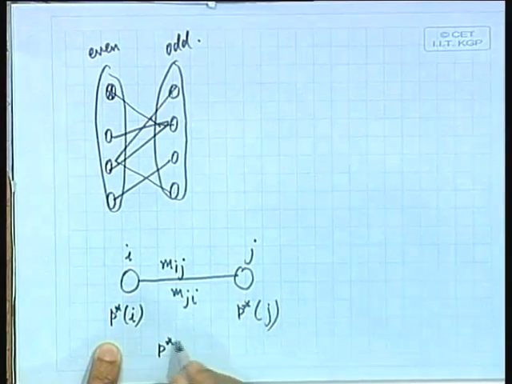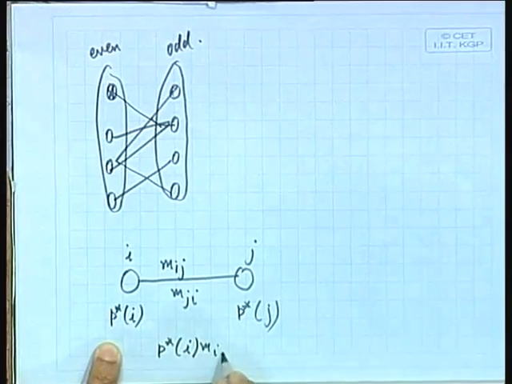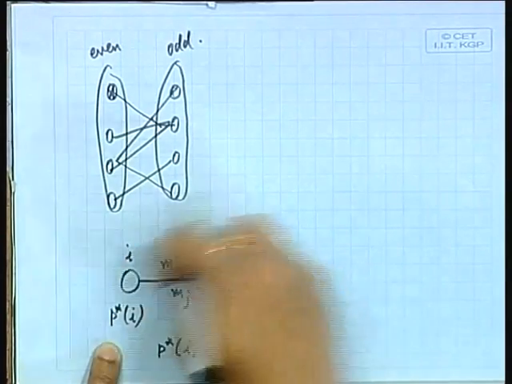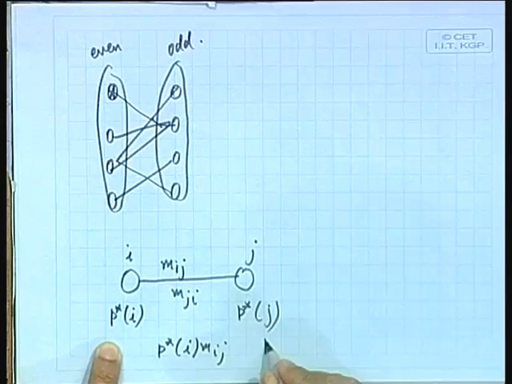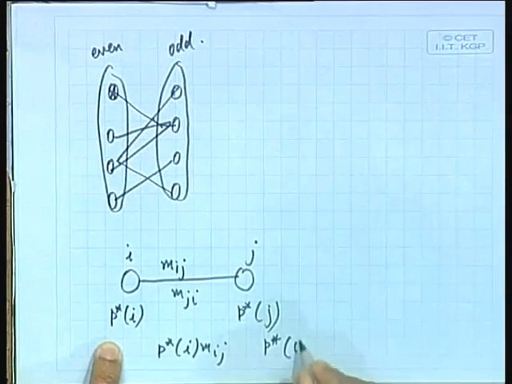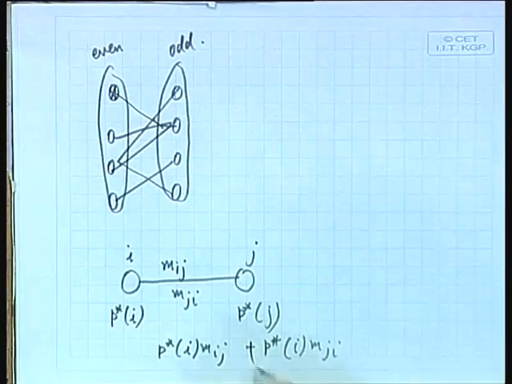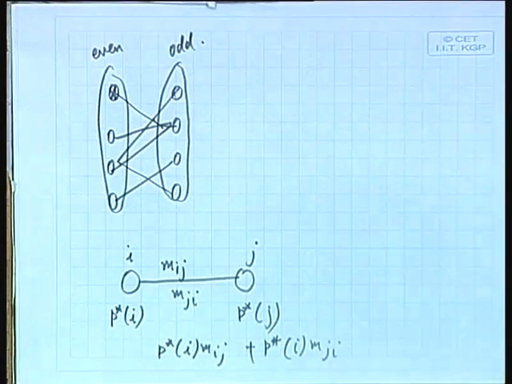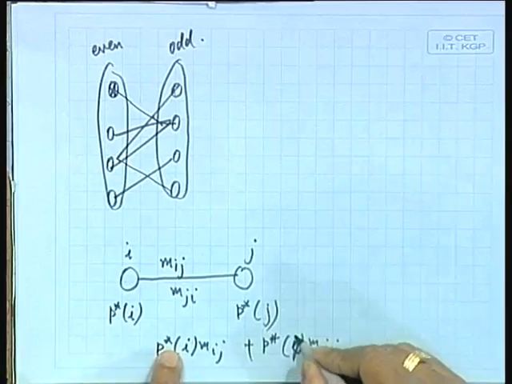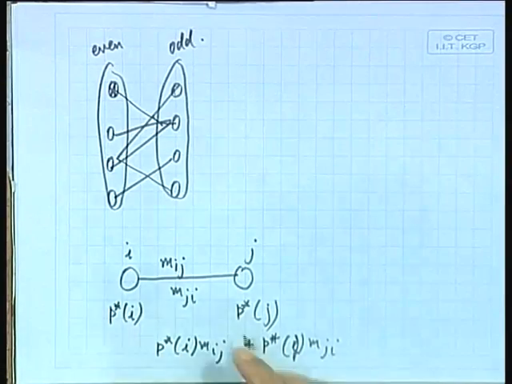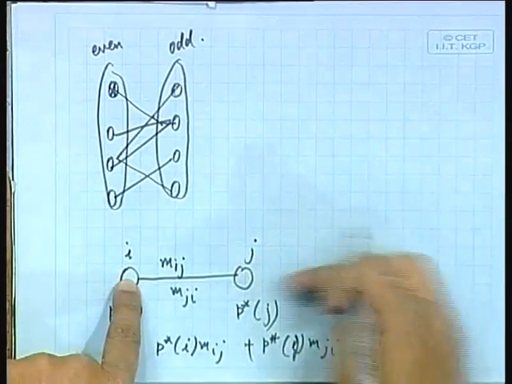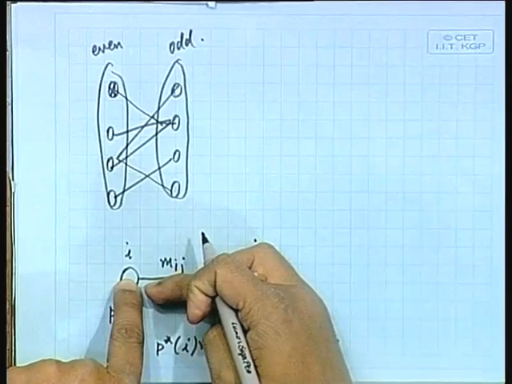It is P star i into Mij, you could either come from this direction, or P star j into Mji, and the sum of these two. You could either traverse it from this direction or traverse it from the other direction, and it